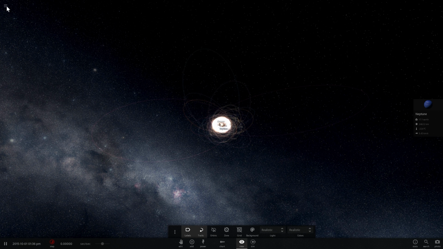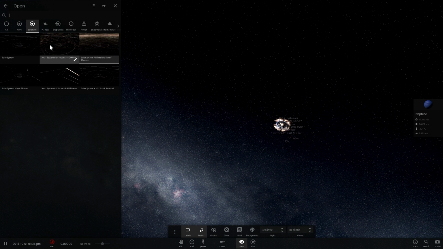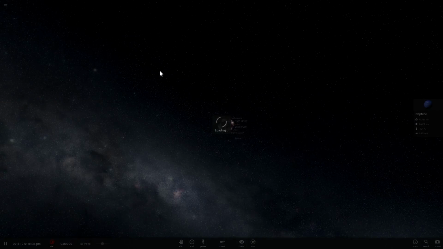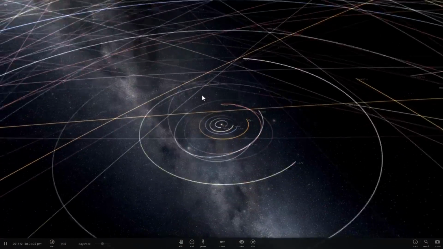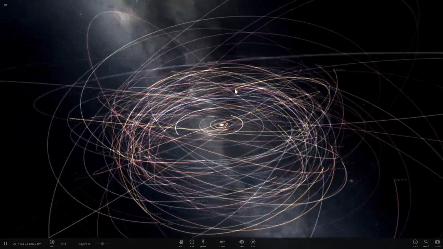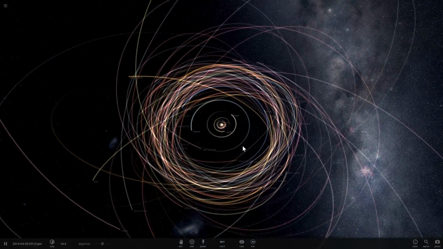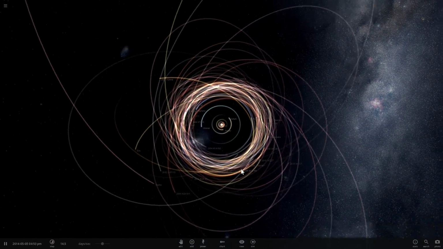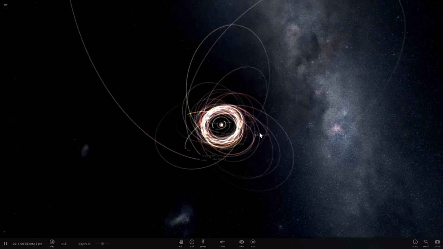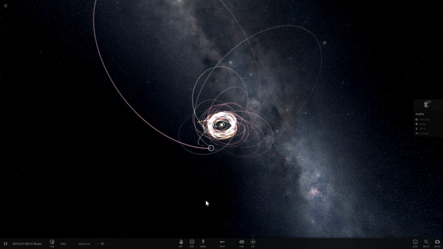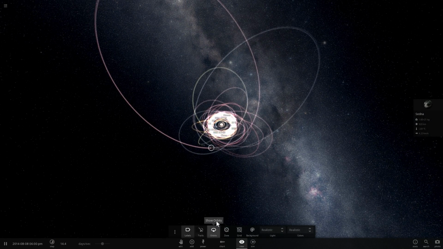But some, like these two, and also this one here, caused scientists to think that maybe there's something else going on here. Now I'm going to switch to another simulation that's a little bit more manageable. This one right here is called Solar System, Non-Moons, everything that's more than 200 kilometers. This one my computer can handle a little bit better because it doesn't have all of the dwarf planets, but it does have enough for me to show you what's going on here. So Sedna is right here. Let's just enable orbits again.